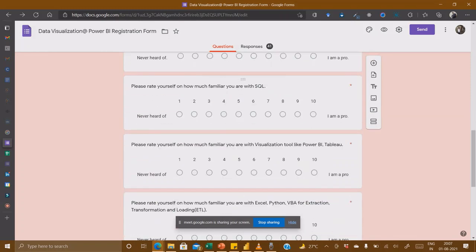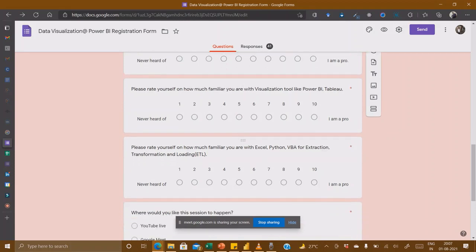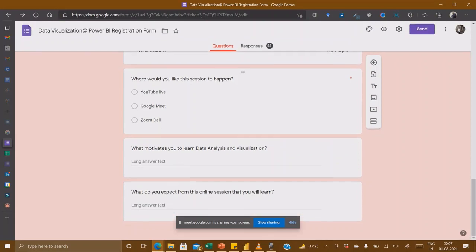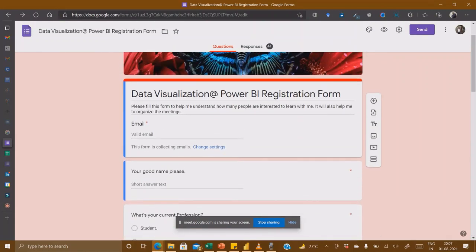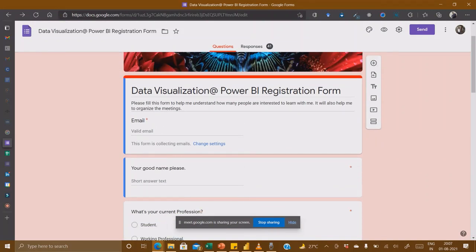You can see I have given ratings here for each of the numbers. I have given a 1 to 10 rating for each of the skills. In the question, someone had written that she wanted to know how to do visualization for HR analytics and all. Regarding this, I will take an example.